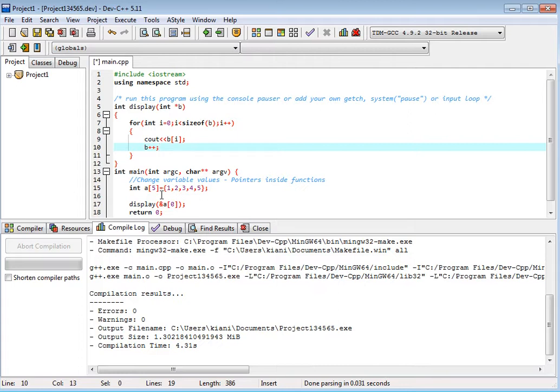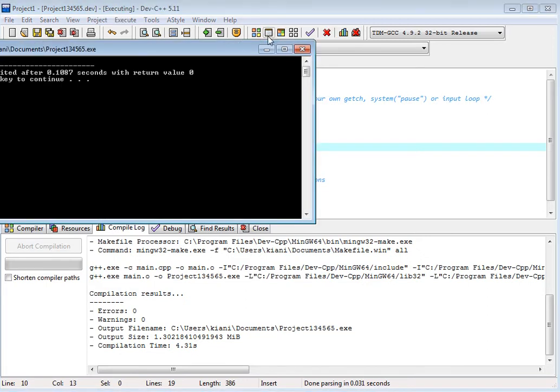B plus plus means the next value, right? Because the first value we have passed is 1, the second value is B plus plus, the address. The B plus plus means the second value 2. Next B plus plus is 3, 4, 5. So this is how we print the values of the array.